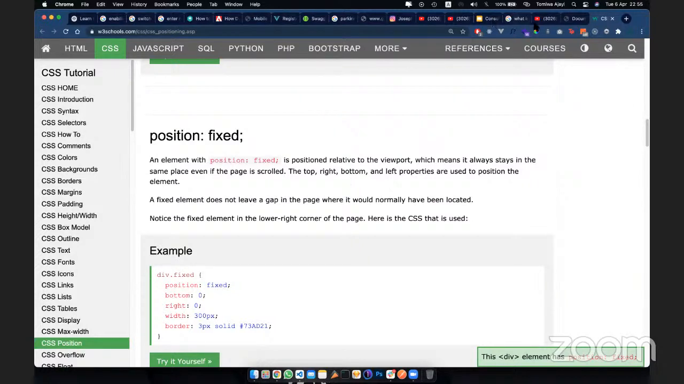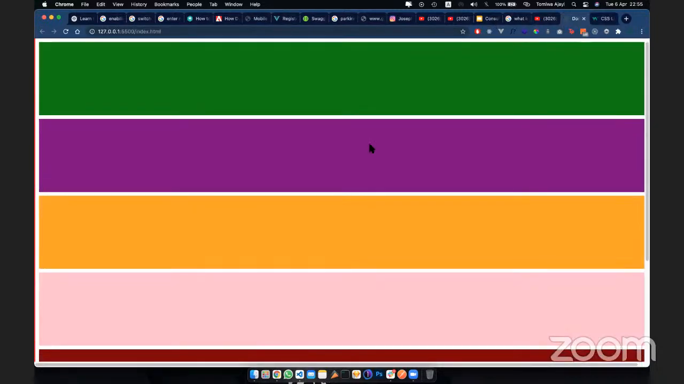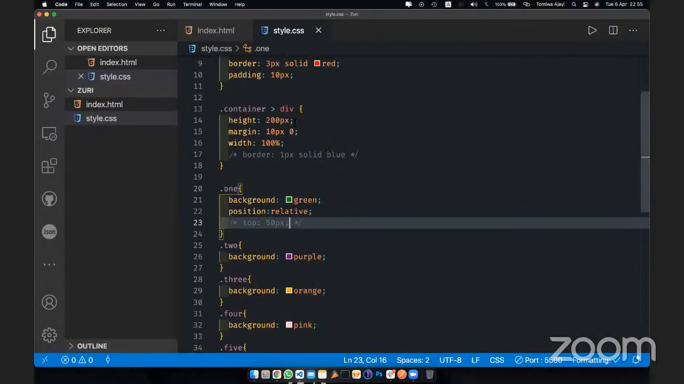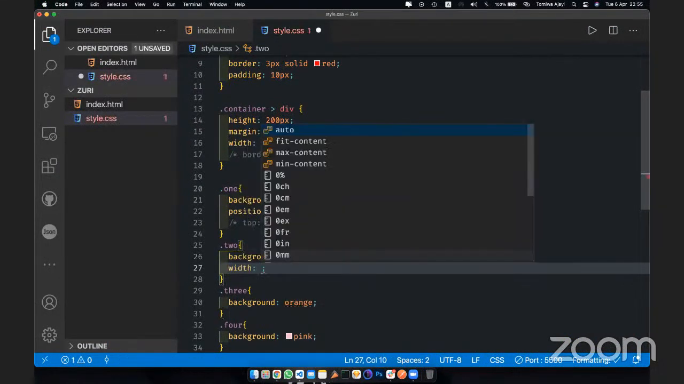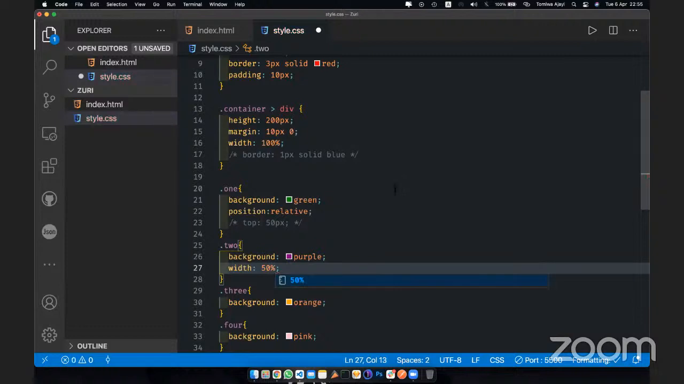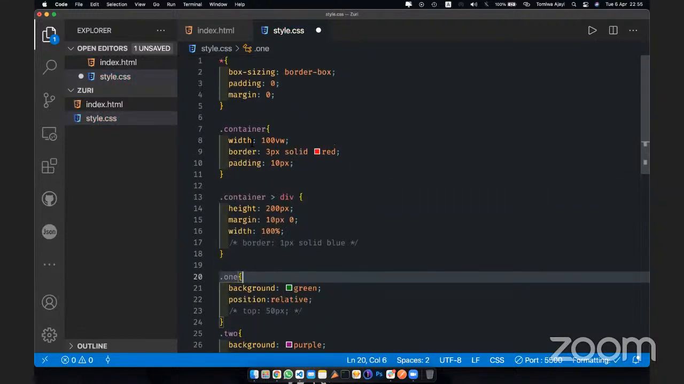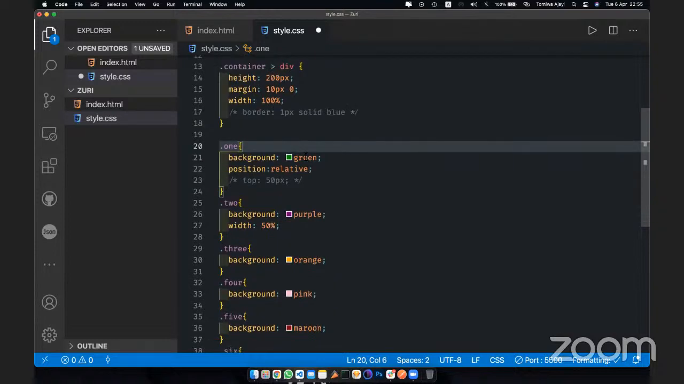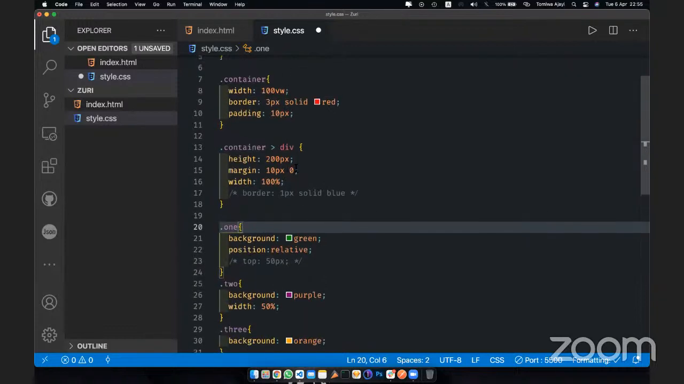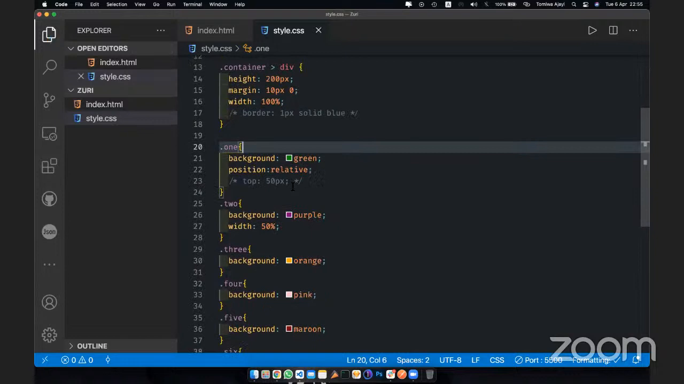Now, if I go back to what I have here, let me set the width of box 2 to 50%. That means I want it to be half of the width of the container, which is the 100 view width. Earlier I had set the width of everything to 100%. But as we said in earlier classes, this is a cascading style sheet, so whatever I have at the bottom will take precedence over what I have earlier. If you look at this now,